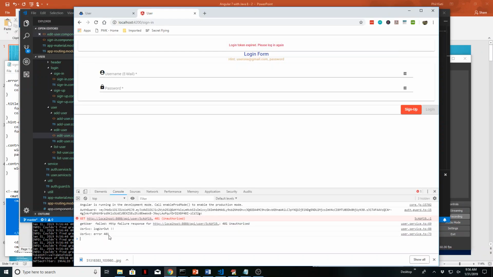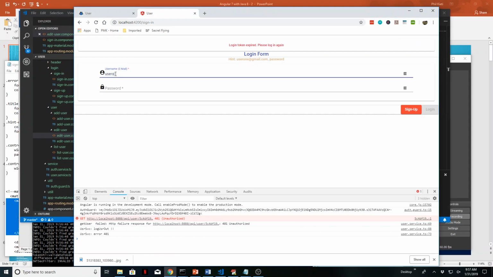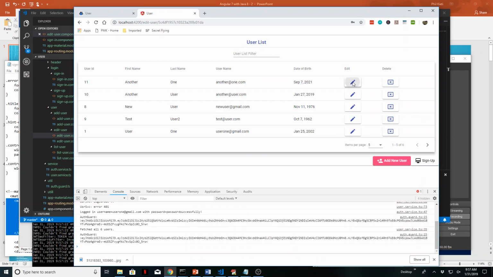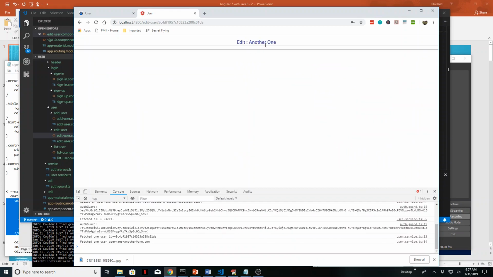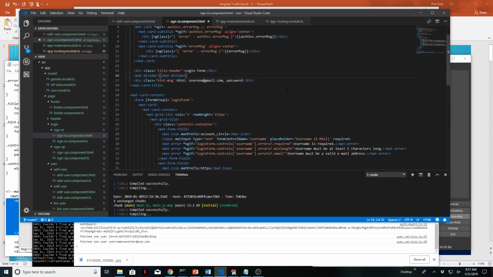Okay, no errors. As you can see, we were logged out because this is expired now. It was timed for 15 minutes and it's expired. We'd have to log in again. As you can see, the login screen is working. So if we log in here, user1 Gmail, you can see that it comes over to this. If we click on this, see, edit another one. Because we selected another one, first name, another, last name, one. So I'm gonna go back here and we're gonna do,